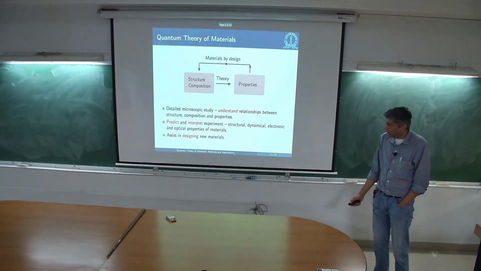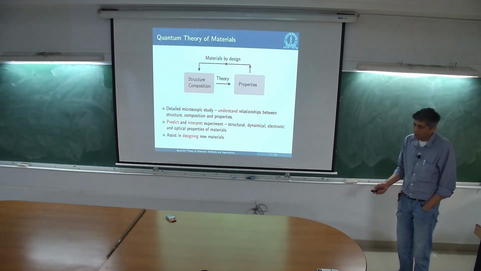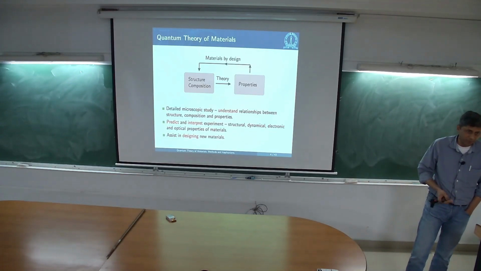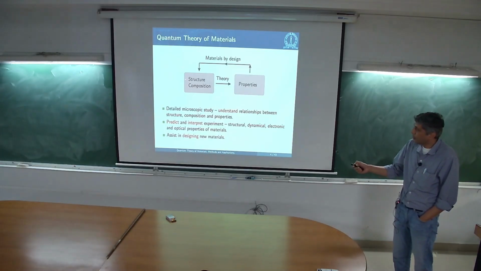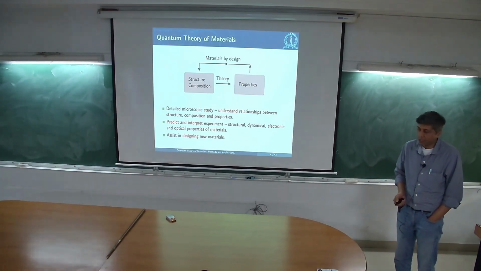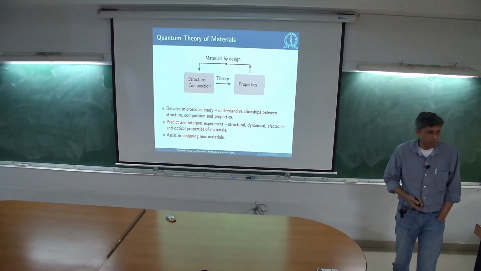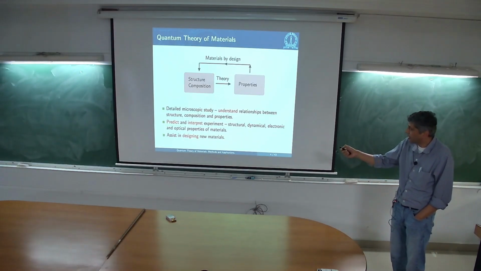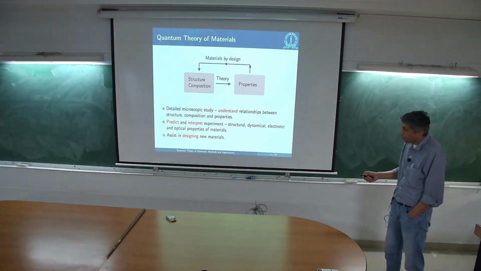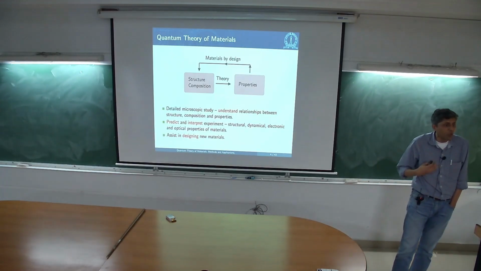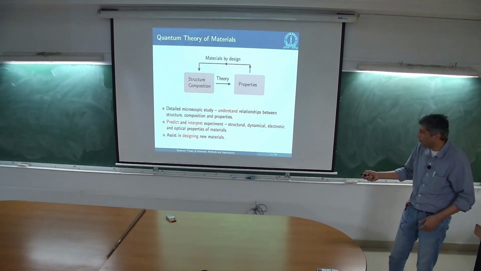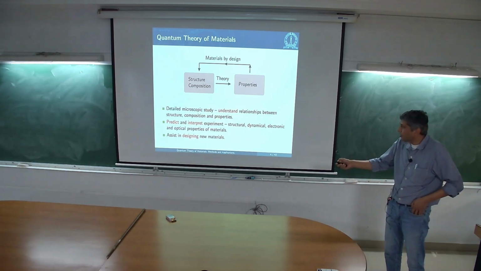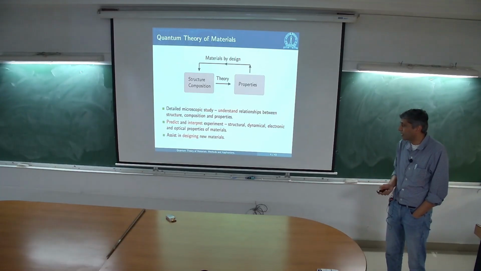Okay. So, as you all know, the basic idea of a lot of condensed matter physics and a lot of material science is to understand properties of materials from their structure and composition, right? And typically, I'm a theorist, so what we do is use theory to go from structure and composition to properties. But of course, what we would like is a very detailed microscopic understanding of the properties of the materials, not just a phenomenological understanding. We would like to understand these relationships from a microscopic standpoint.